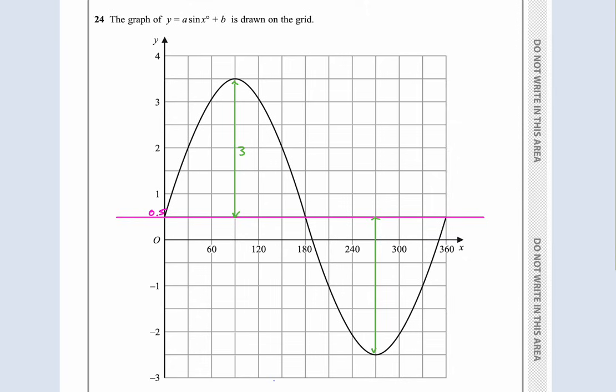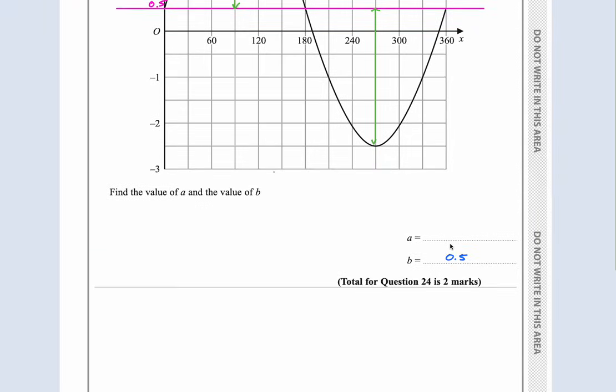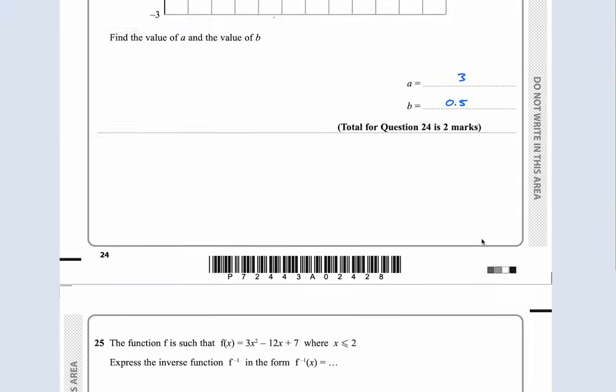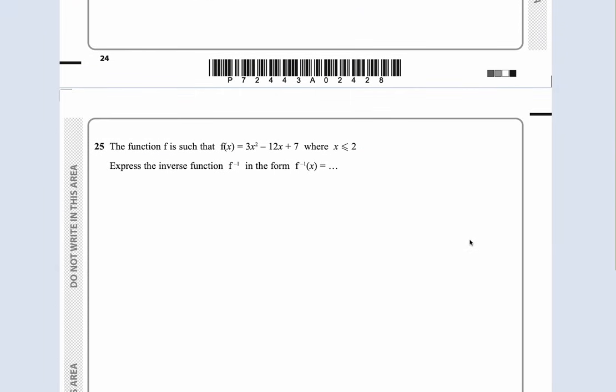Okay, so the a is 3. You could also do the maximum, 3.5, minus the minimum divided by 2 if you want, but this is absolutely fine. So a is equal to 3. Okay, question